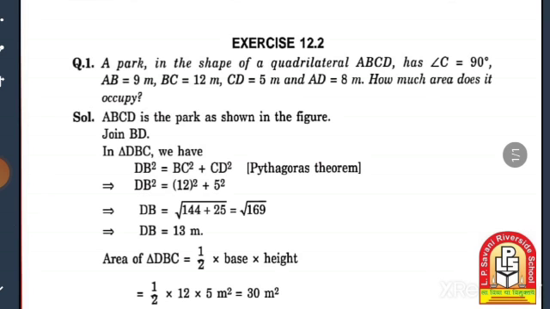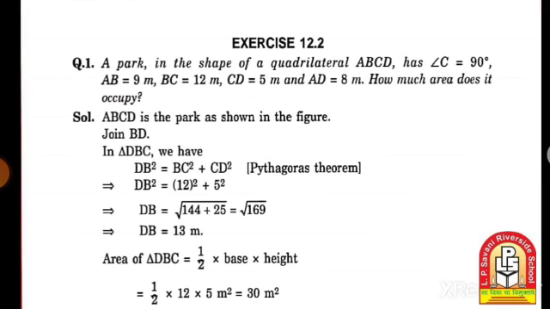In exercise 12.2, question number 1: a park in the shape of quadrilateral ABCD has angle C equal to 90 degrees. AB is equal to 9 meter, BC is equal to 12 meter, CD is equal to 5 meter and AD is equal to 8 meter. How much area does it occupy? Solution: ABCD is the park as shown in the figure. Join BD. So in triangle DBC